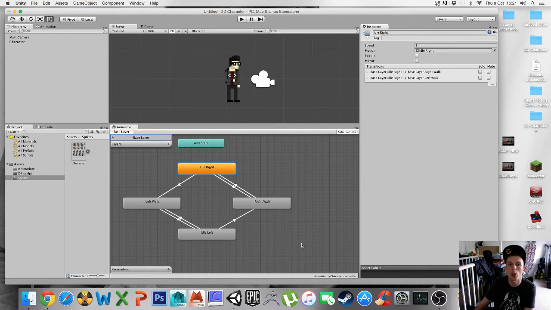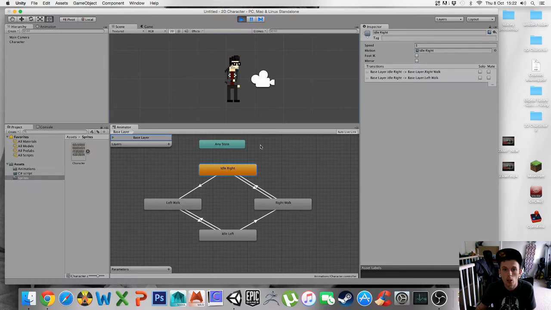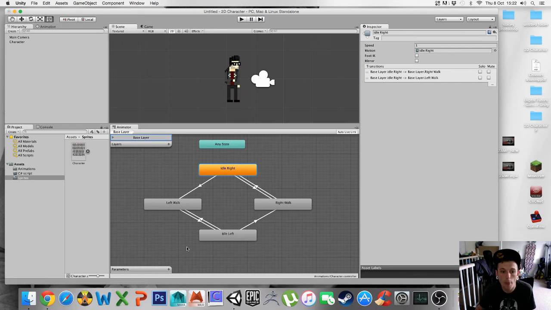So that is going to be, if you're moving a character right across the screen, when you stop moving him, it will play the idle right animation. And then as soon as you start to move the character left, it will play the left walk animation. So at the moment, when I press play, you can see that's doing something a little odd. All it's doing is still only playing the idle right and the right walk, and that's because we need to